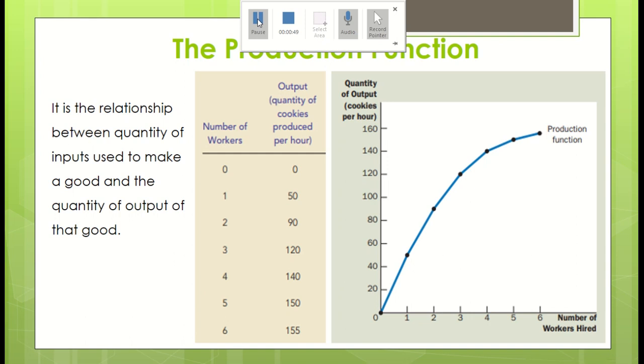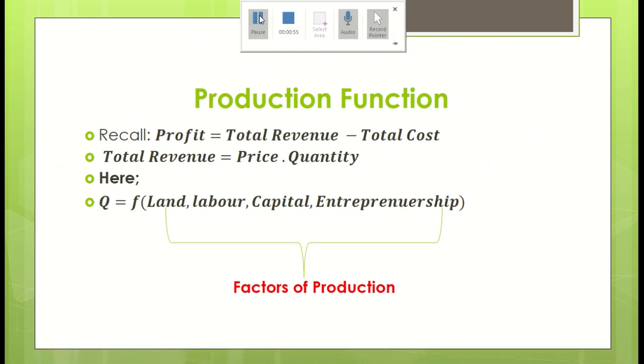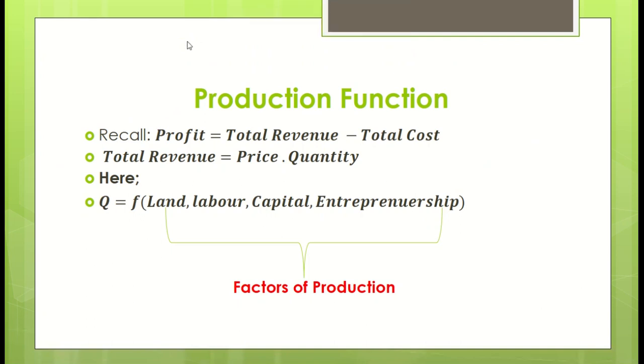If we say that profit is equals to total revenue minus total cost, as we have already learned this, so total revenue is equals to price times quantity, that means price multiplied by quantity. So here Q is the function of land, labor, capital and entrepreneurship, and all these